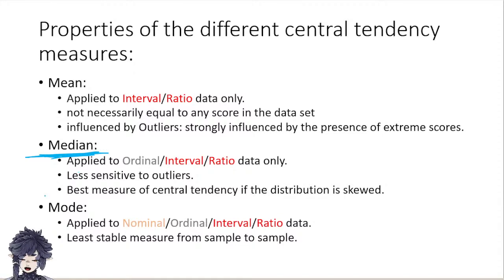You might be asking, why not the mode then? Why wouldn't you use the mode for a skewed data set? Well, there's a reason for that. The big advantage of the mode is that you can use it on any type of data. It is the only measure of central tendency you can use when you have nominal data, which doesn't have an order, which is great. Its disadvantage, though, is